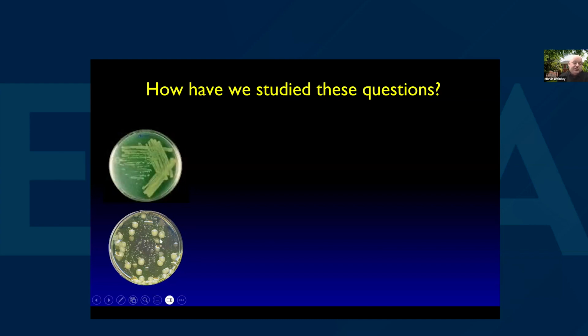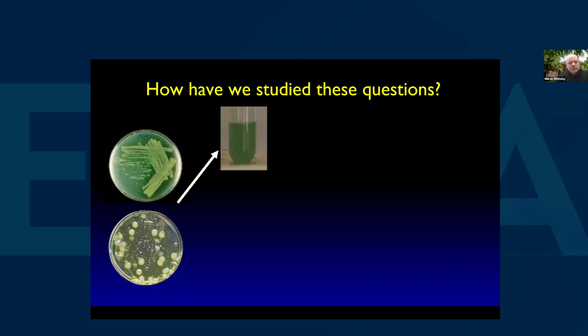And then what we usually do is pick one of these colonies. Sometimes people pick a big one. Maybe they pick one that's a pretty color. Maybe you pick one that's small and has an interesting texture to it. And you take it and streak it out and get single colonies. This is what was done with PA01 and PA14 for Pseudomonas, the main strains that are used. It's also what was done for LAC, which is a big strain used in Staph aureus research. You take these individual strains, put them in a test tube, and start doing experiments, and you get these beautiful blue colors with Pseudomonas oftentimes,